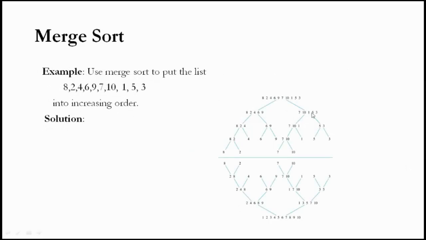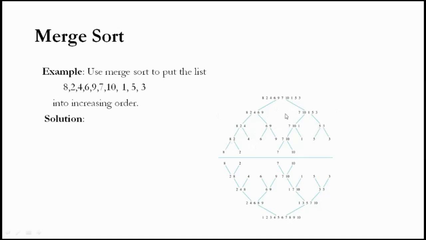At this position 8, 2, 4, 6, 9, 7, 10, 1, 5, 3 is there. So what it will do is divide into exactly 2 halves, n by 2, n by 2. It is dividing in powers of 2. So here n by 2, 2 halves, 2 into n by 2. In the next step, it will divide into 4, that is n by 4, n by 4.